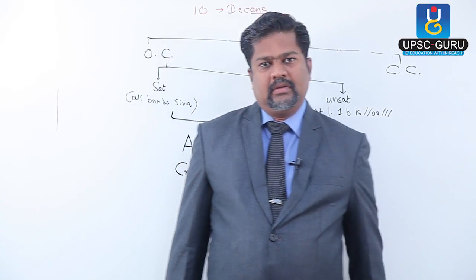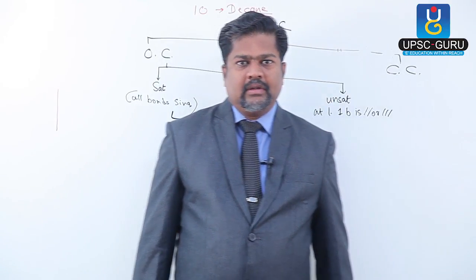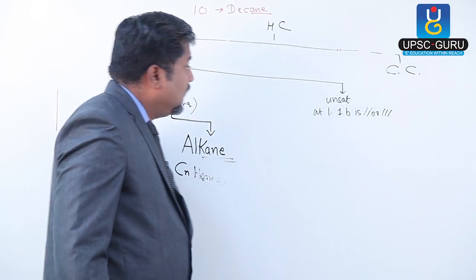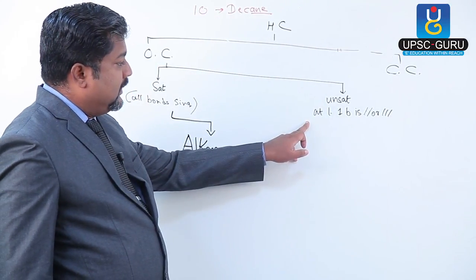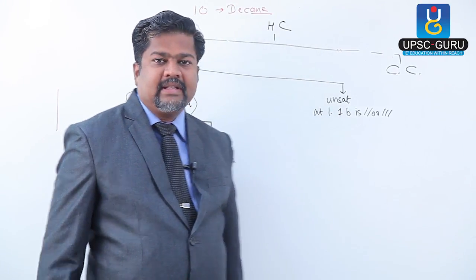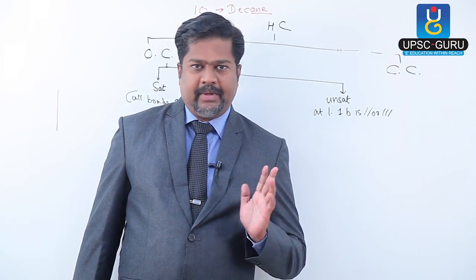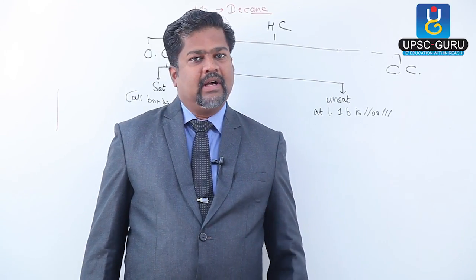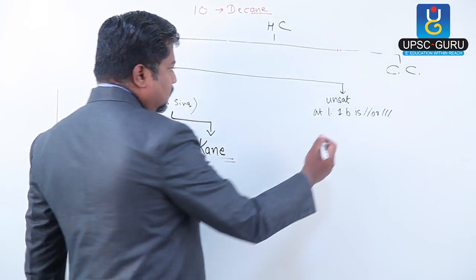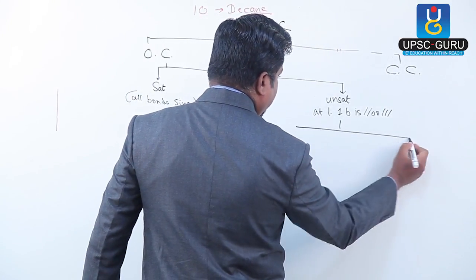After getting this knowledge of alkane, now we are focusing on the next part, that is the unsaturated one. In case of unsaturated, we are saying that at least one bond is either a double bond or a triple bond. Then we are calling that an unsaturated compound. Now, if one bond is a double bond,